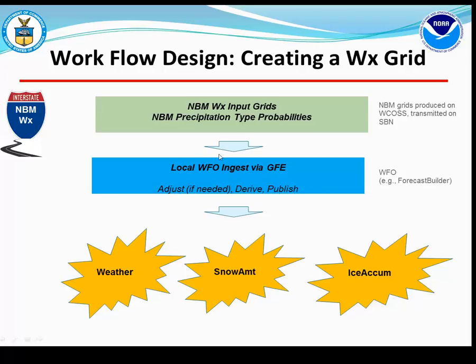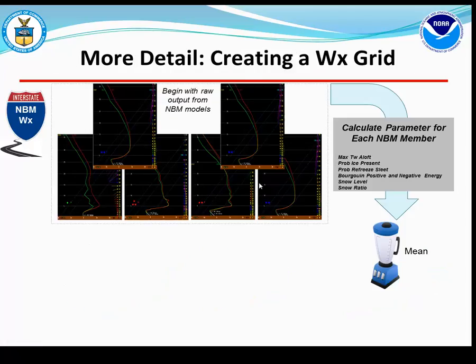One of the toolboxes in GFE, if you want to call that the front end, one of the toolboxes there and front-end software platforms is the Forecast Builder, which takes these probabilities and input grids, even if they're edited at the local level, and rederives precipitation type probabilities and uses other inputs to come away with weather, snow amount, and ice accumulation. So let's take one more step in detail, briefly just kind of describe what happens in that